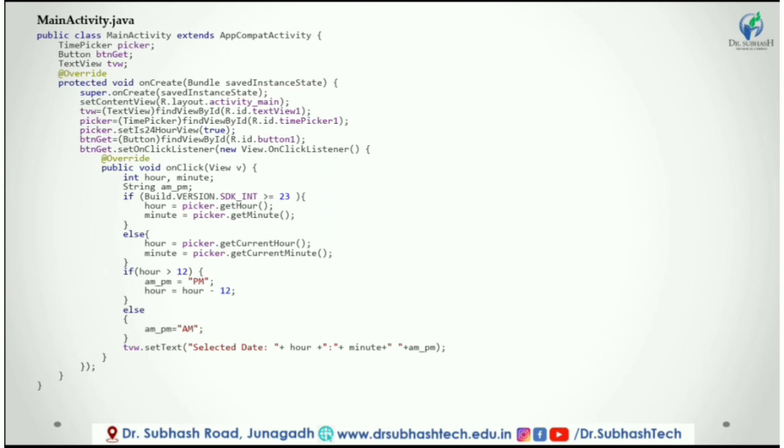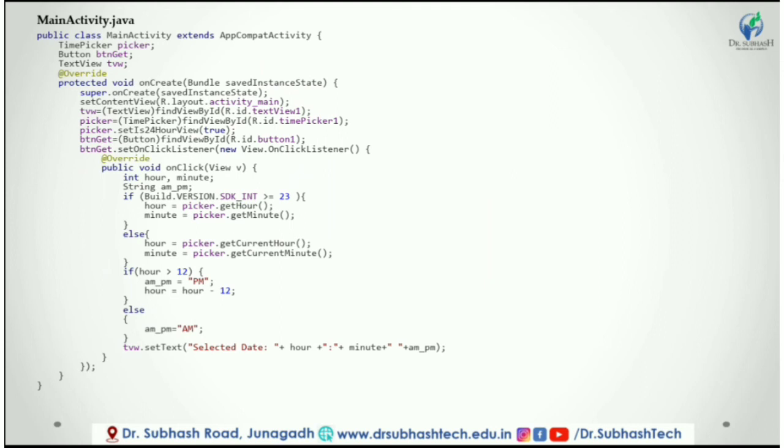Main activity. First of all, we have to bind the XML elements to Java objects: button, time picker and text view. Then after we have to set the button click event. In the button click event onClick, if the build version SDK is greater than or equal to 23, then we have to use the methods getHour and getMinute to get the selected hour and minute.